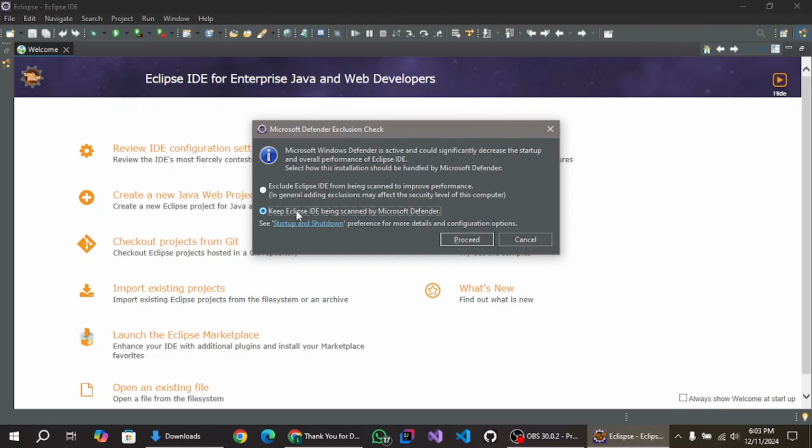I'm going to keep Eclipse IDE being scanned by the Microsoft Defender. So click proceed,